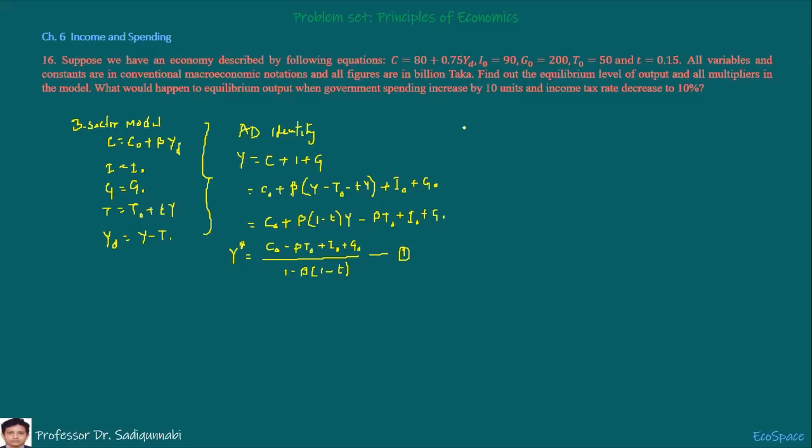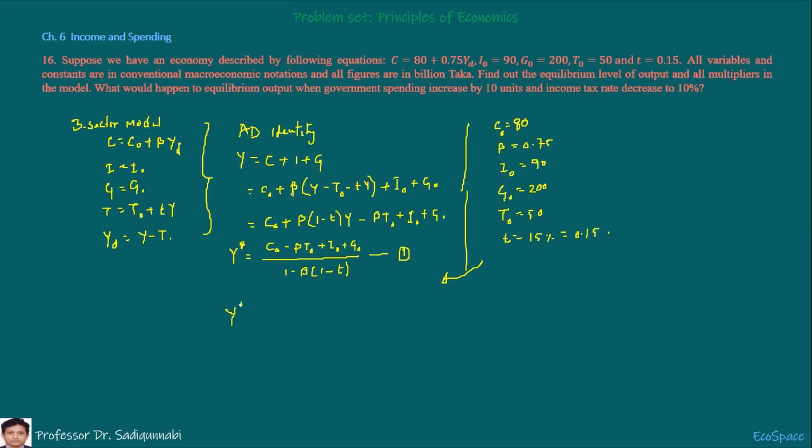So we are given the equations for C. From this equation we get C naught equals 80, beta equals 0.75, I naught equals 90, G naught equals 200, T naught equals 50, and T equals 15%, equals 0.15. Okay, so plugging this into equation 1,